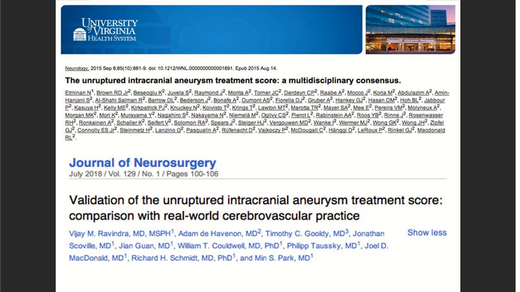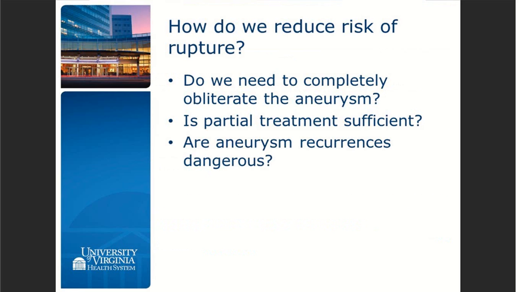Are dog ears acceptable when you're clipping an aneurysm? If you're coiling an aneurysm, how much residual filling is acceptable? And if you need to do something that increases the complexity of the aneurysm treatment, is that a worthwhile endeavor if 95% occlusion of the aneurysm reduces the rupture risk nearly as well as 100%